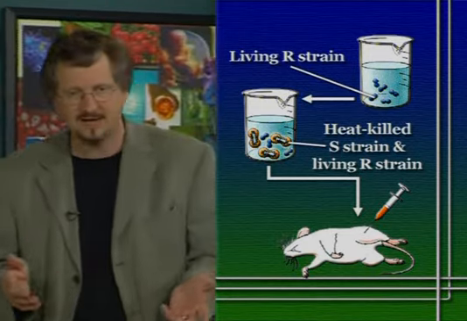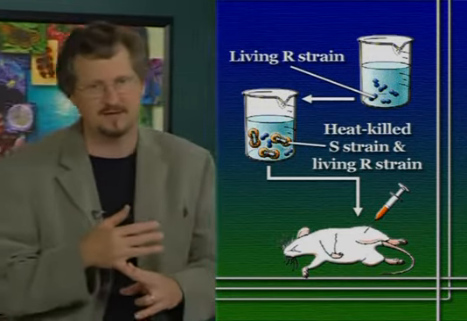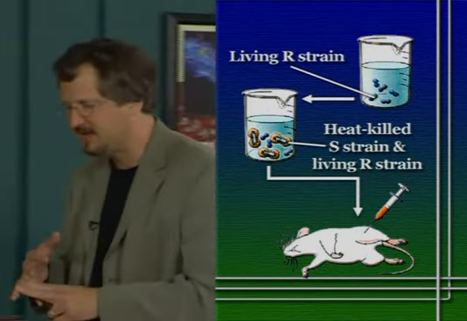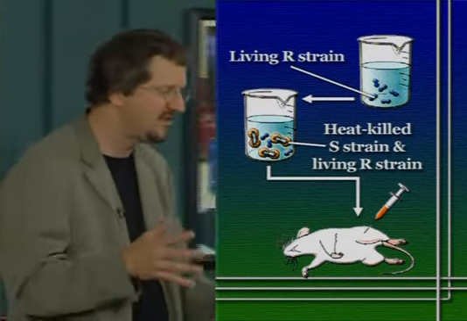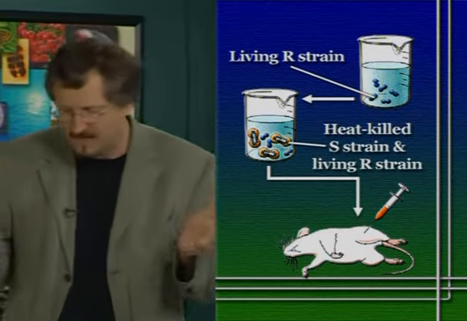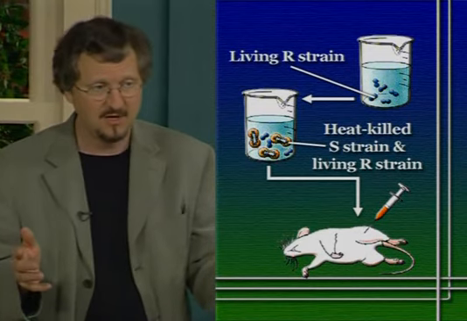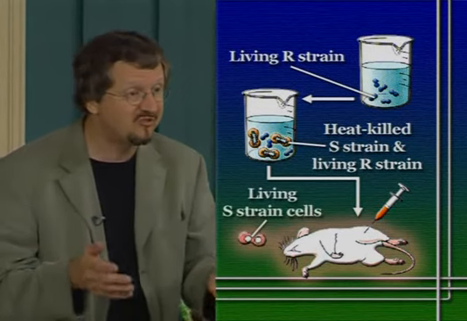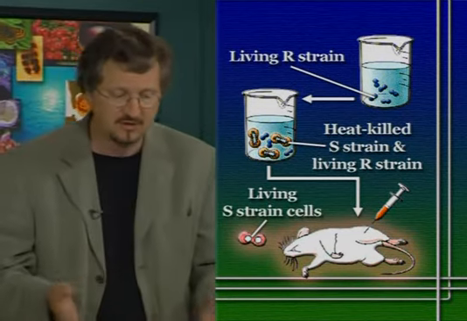It's highly unexpected because what's being injected into the mouse are dead S-strain bacteria that wouldn't kill the mouse and live R-strain bacteria that wouldn't kill the mouse. So nothing was injected in the mouse that should kill it, and yet the mouse died. What Griffith found out when he dissected the mouse was that inside the poor dead mouse were living S-strain bacteria. He injected dead S-strain, and when he took the mouse apart,